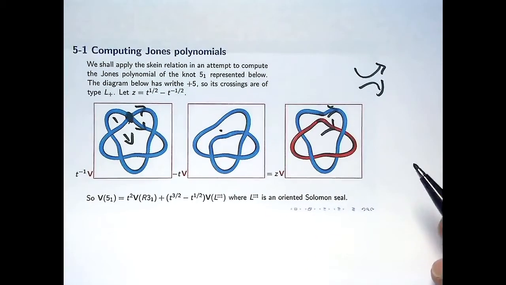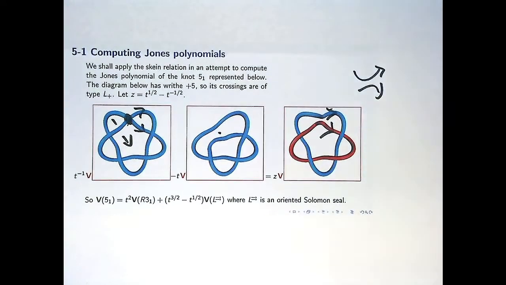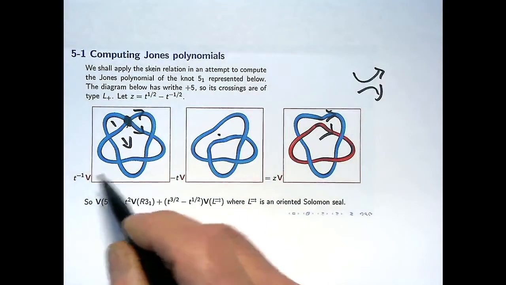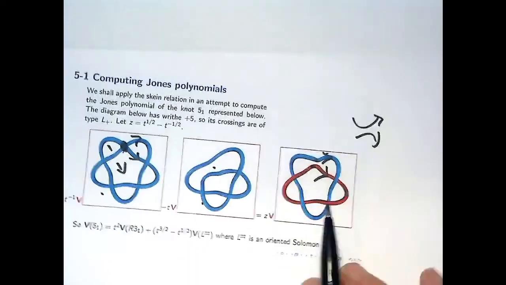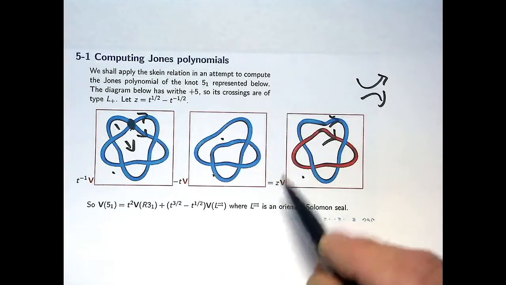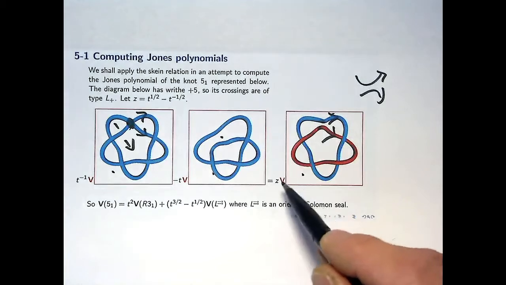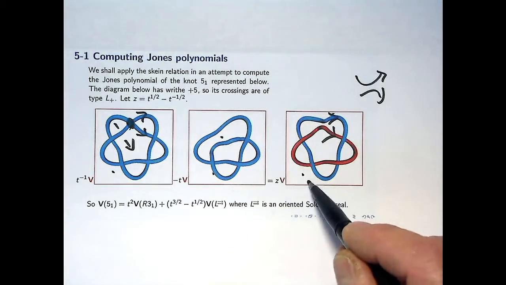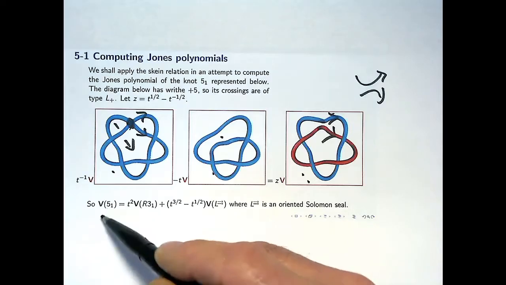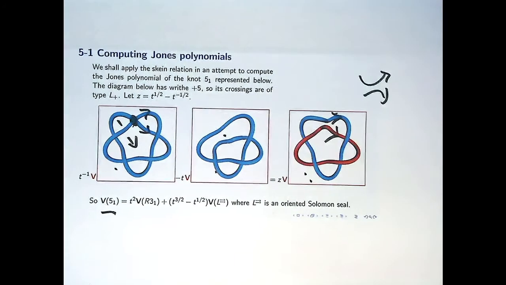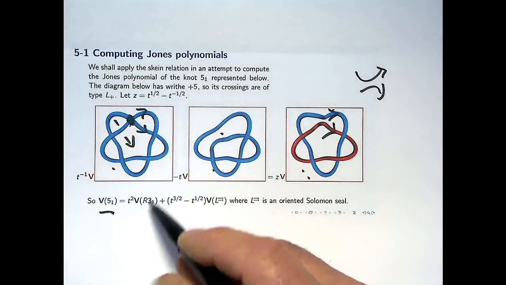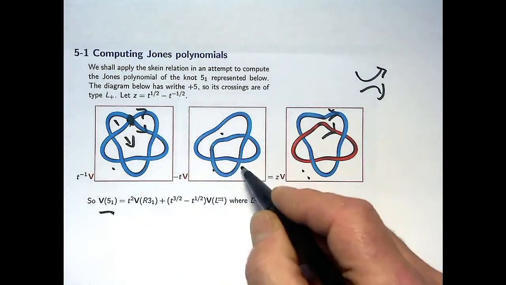So what's the conclusion then? Here's the relationship written out. It means that t inverse times the Jones polynomial of this, minus t times the Jones polynomial of this, is equal to z times the Jones polynomial of this. So that means if we multiply everything by t, what we want, which is the Jones polynomial of 5(1), is actually t squared times this, remember, is the right